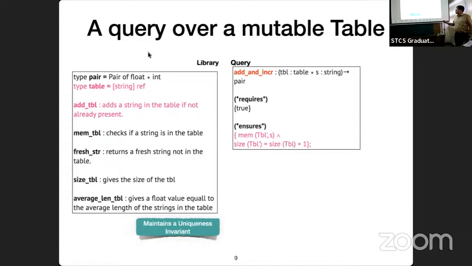So even with this very simple library, suppose we have such a library with size table and average length. The other two functions: size table returns the size of the table, which is an integer, and average length returns a float value. Now, given this kind of effectful library, the queries users have in mind in most cases are also effectful. That totally makes sense, because when you know the state is carried around, you want to synthesize a program which manipulates the state as well